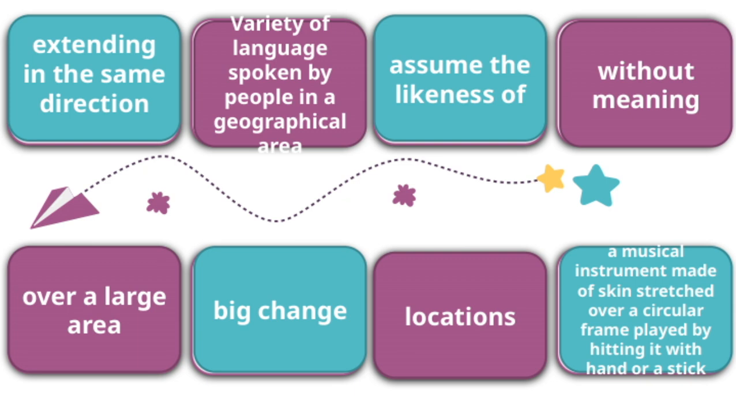The phrase, "assume the likeness of," suggests how languages or dialects can imitate or simulate other forms, especially when communities adopt or adapt linguistic features over large areas. This widespread adoption can lead to significant cultural shifts, or what we might call a revolution, marking a big change within communities or regions. Looking at locations and sites, these are the physical spaces where language and culture develop and